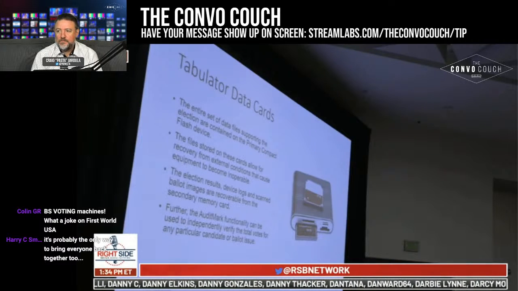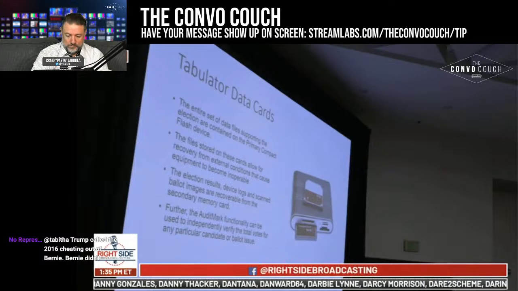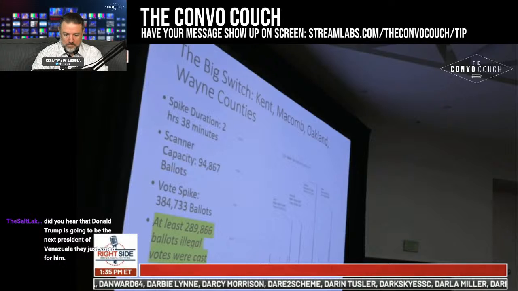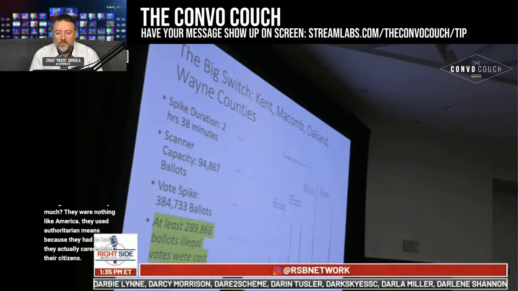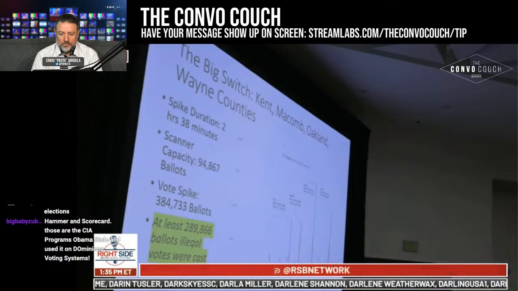So these tabulator data cards, that's where a lot of the election data we've been wanting to look at is going to be located, so please make sure you get your hands on that. Then we talk about the big switch. I'm not going to get into any detail on this. Suffice it to say, in Michigan, our current vote deficit for President Trump is being projected as 154,188